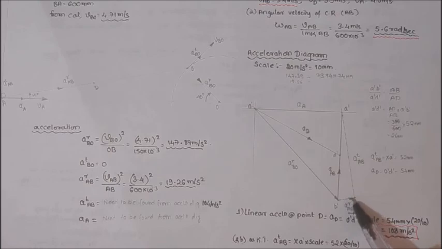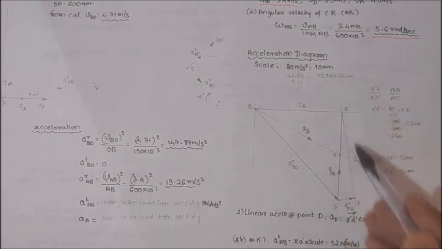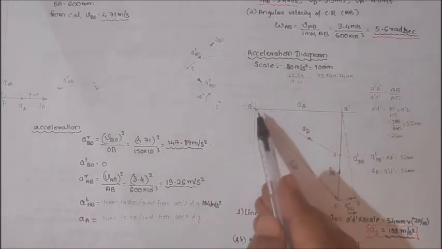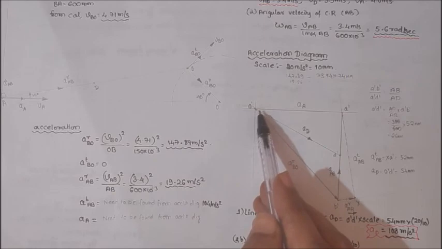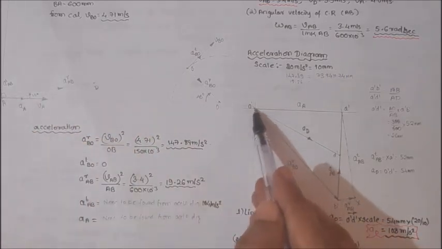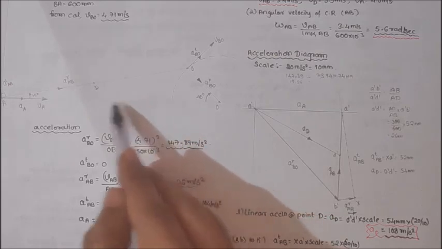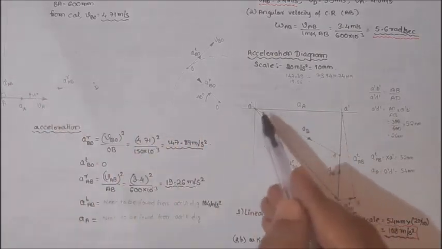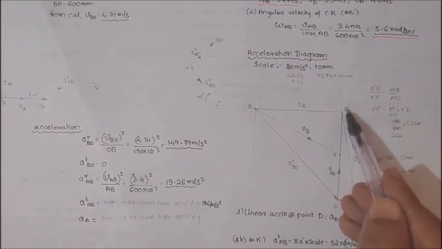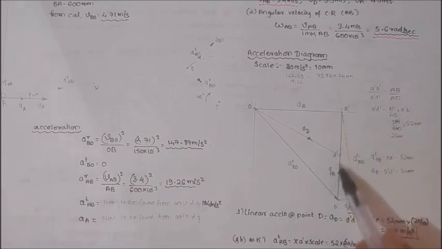Then we need to draw tangential component. So measure 90 degrees from here. So keep a protractor, measure, go at the infinity line. Then find out the acceleration line for slider A. So it will be this one, which will be parallel to this line. So draw a line parallel to that one, where they are going to meet, point it as A dash. Then between A and B dash, draw a line.